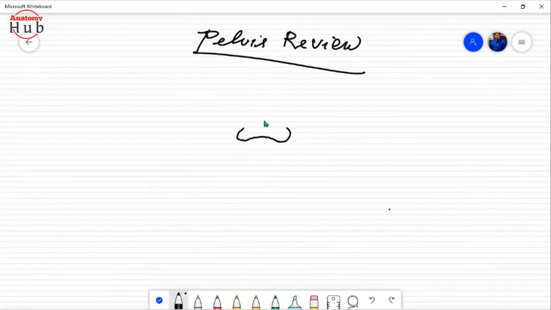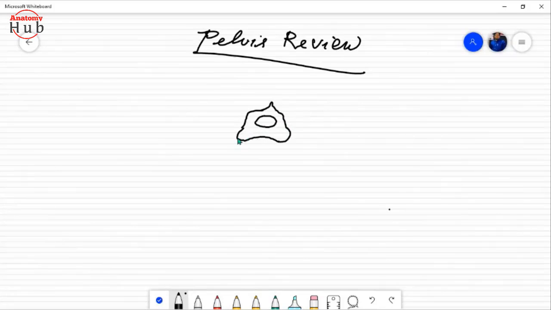Here at this point you will find the sacral canal, or the part of your vertebral canal. Then this mass that is going backward, and here you will find the spinous process of the sacrum,